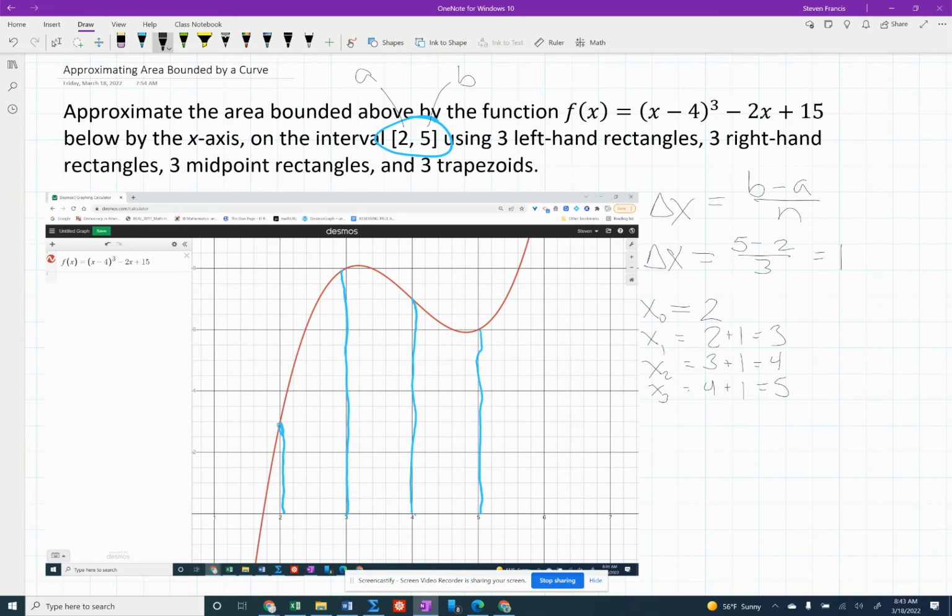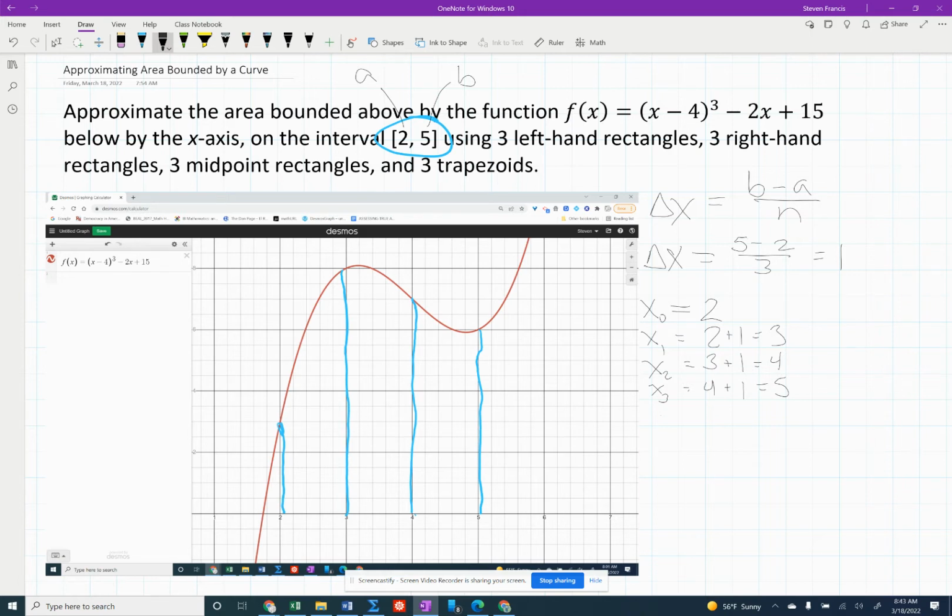We always start at x sub 0 at the left-hand endpoint. This is x sub n. Remember, n is 3 in this problem, and so my last endpoint, my right-hand endpoint, will be x sub n, in this case x sub 3, and that got us 5. Now to do the approximations using right endpoint rectangles or left endpoint rectangles or midpoint rectangles,